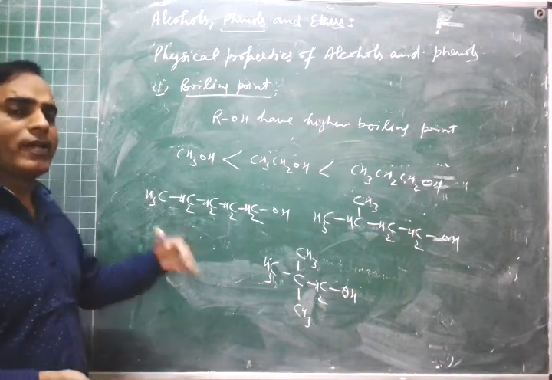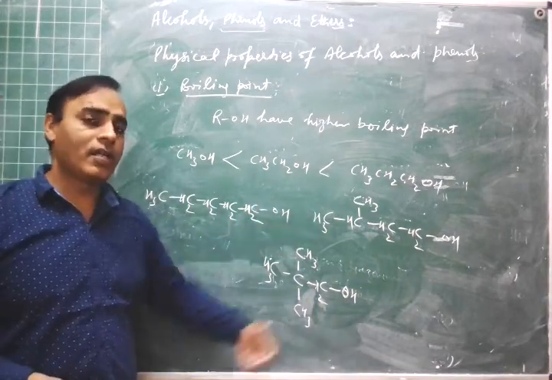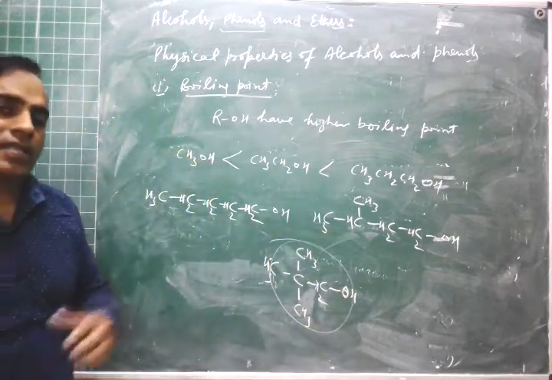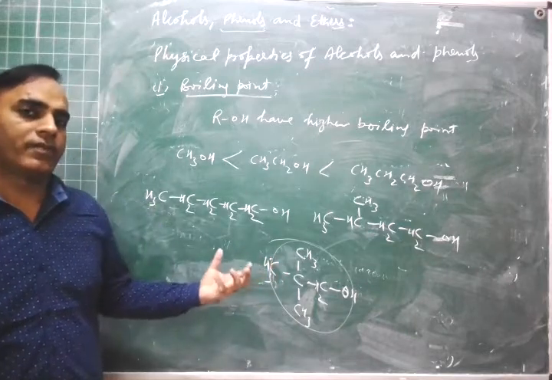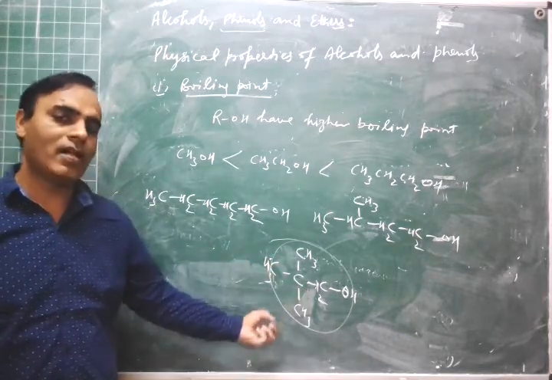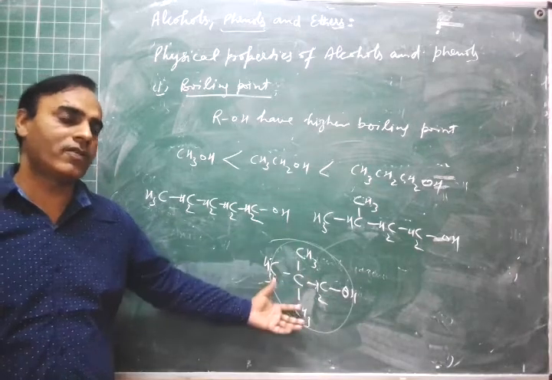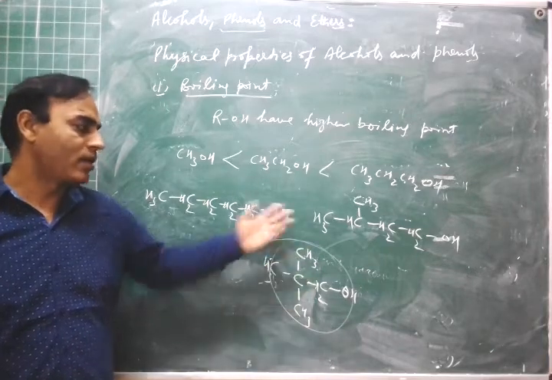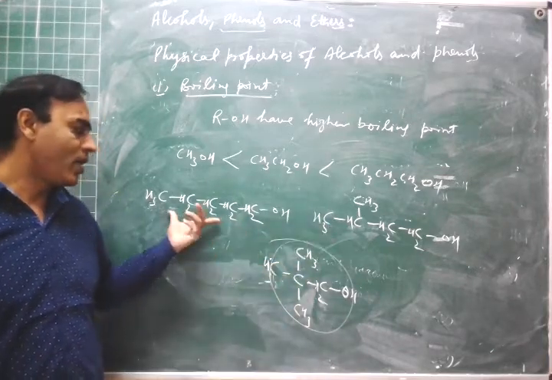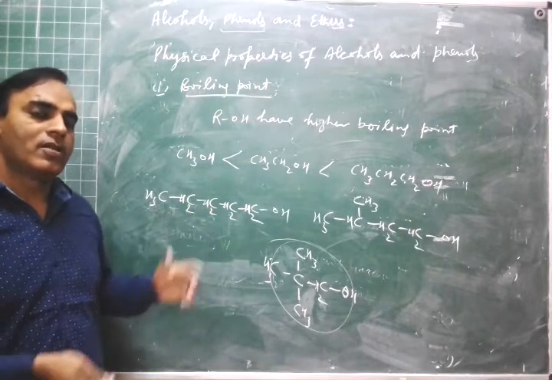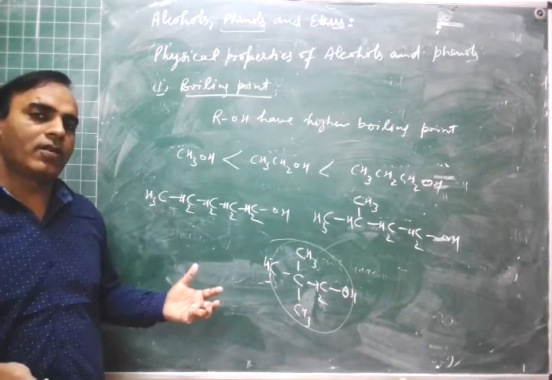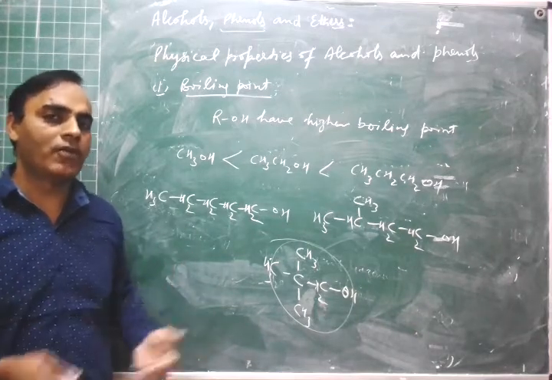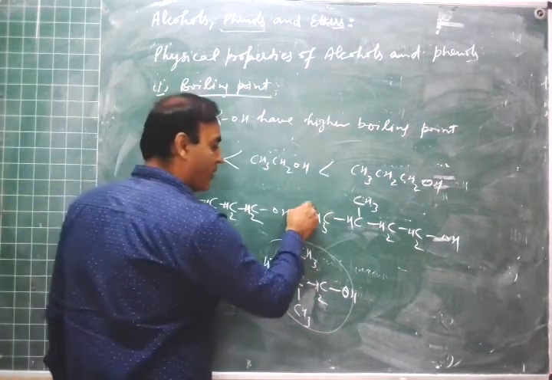So we have already discussed in haloalkanes that if the branching increases, then the molecule tends to become spherical, and the spherical molecule has minimum surface area, right? And because this has minimum surface area, the van der Waals forces of attraction between their molecules will be less. So this will have the least boiling point among these, right? And this will have the highest boiling point because there is no branching. So if there is branching in a molecule, then its boiling point will be less. More is the branching, less is the boiling point. So this is the order of boiling point, right?